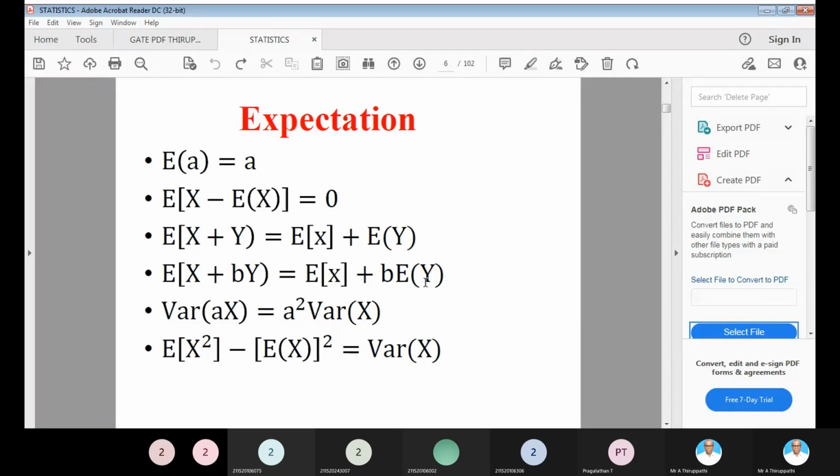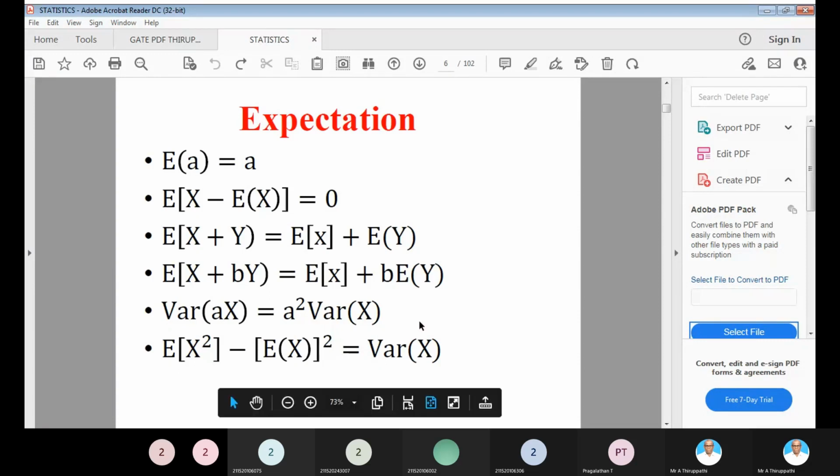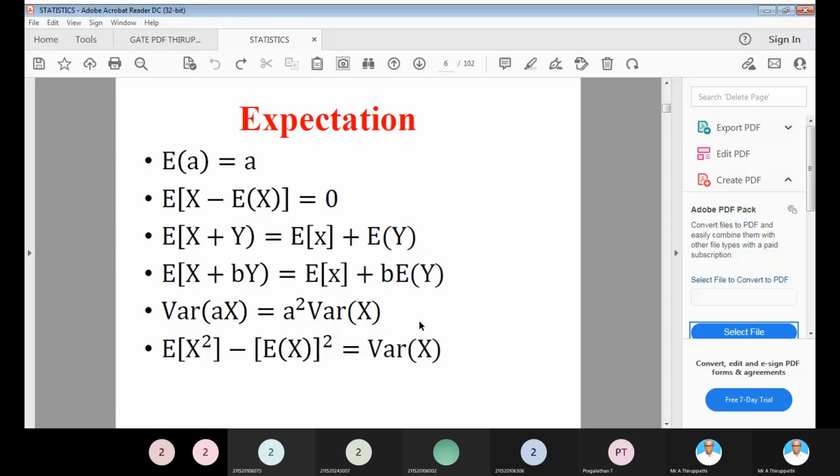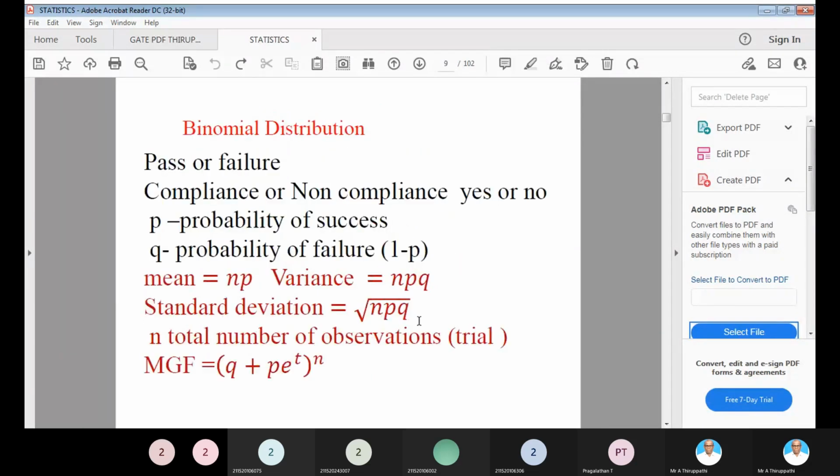Okay. Expectation of X plus Y equal to E of X plus E of Y. Variance of aX equal to a square variance of X. E of X square minus E of X the whole square is nothing but variance of X. Already we have discussed this morning